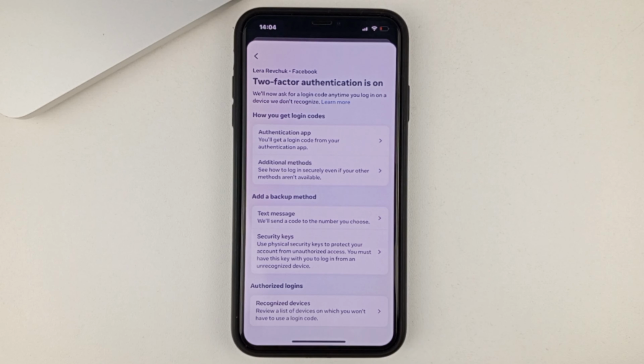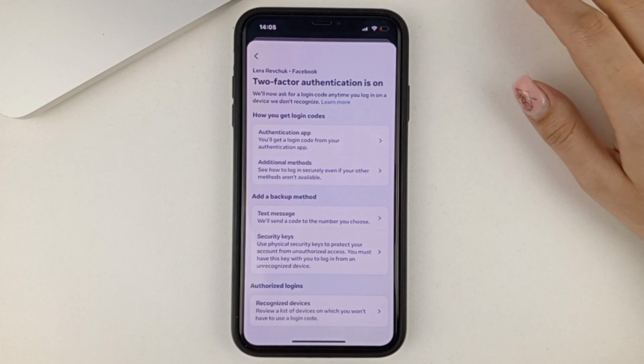You may be asked to enter your two-factor authentication that you have enabled at the moment before you go to this page. You may have it either through your phone, which means you'll get some sort of confirmation code sent to your phone number, and you'll need to enter it, or through a special two-factor authentication application, where you will also need to enter your password from this application. Once you do that, you'll go straight to a page like this.